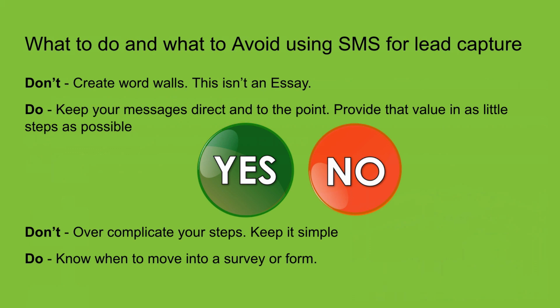You can set up mobile surveys, you can set up mobile forms to capture all this information, and then set up your automation inside of Keep to quickly deliver or cater your responses based on what they say in their survey. So I go into my conversation, I get my name and email, and then I send them a link to a survey saying, hey, just go ahead and fill out this quick information so I can learn more about what you're looking for. Then you have questions in there that they can quickly go through in a survey format and fill out what they're looking for. And then you easily set up your automation inside of Keep and cater directly to that.